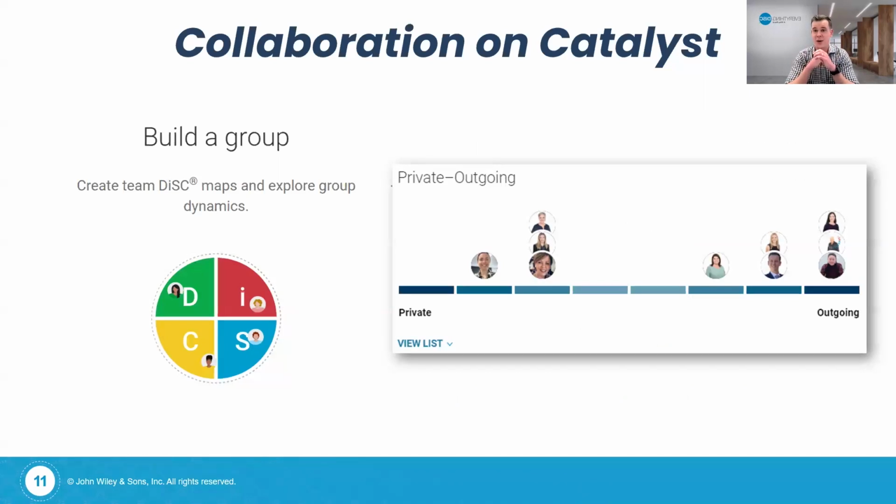So private versus outgoing, despite having a huge proportion of us in that S quadrant, you can see that we actually vary quite significantly as a team. And this is just one of many continua available on a group setting, which is only available through Catalyst. The idea is that you can review these as a team and again have those really interesting, robust conversations,